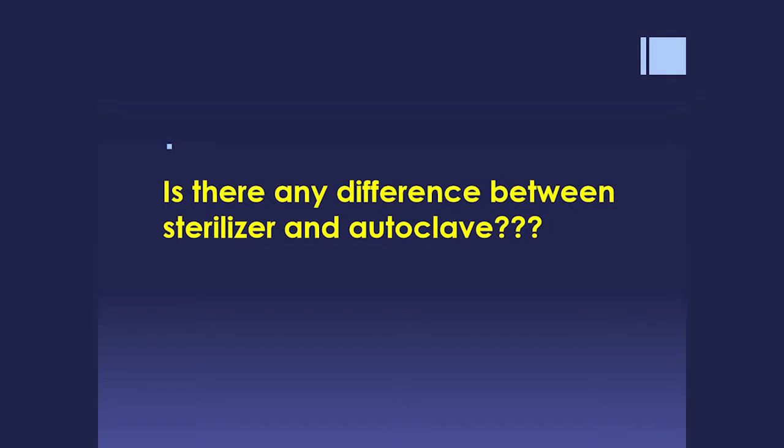But before that, I want to ask one question. Is there any difference between a sterilizer and an autoclave? Because most of the time we use these words interchangeably. An autoclave is one of the sterilizers where moist heat is the sterilant. In the same way, there are many other sterilizer systems available which use plasma or UV radiation or gamma rays, or formalin chambers, hydrogen peroxide vapors, and dry heat chambers.